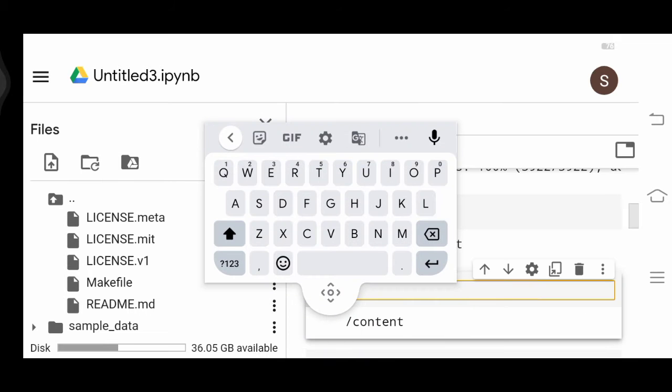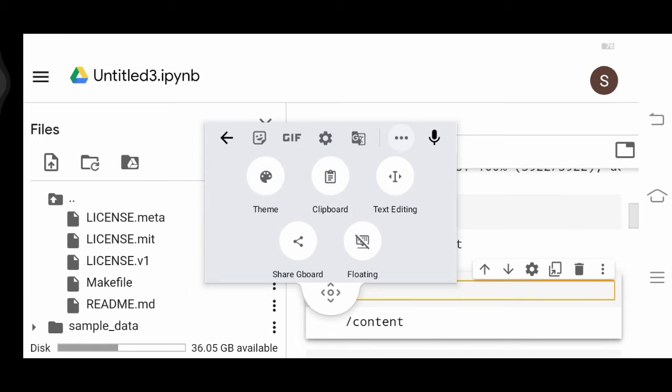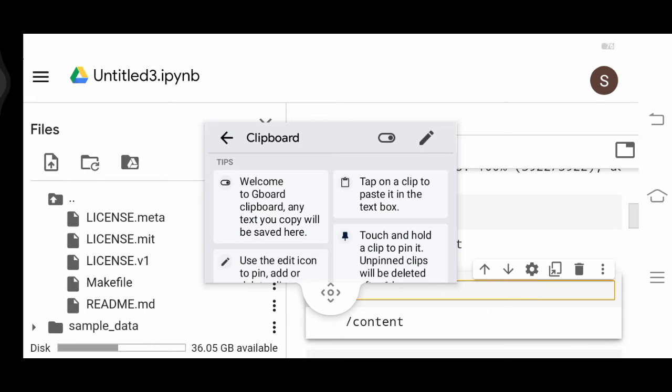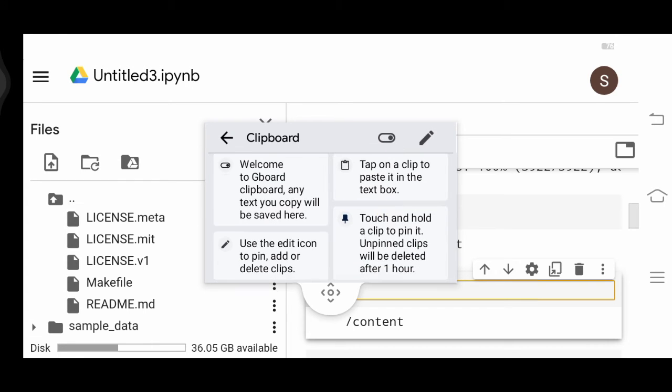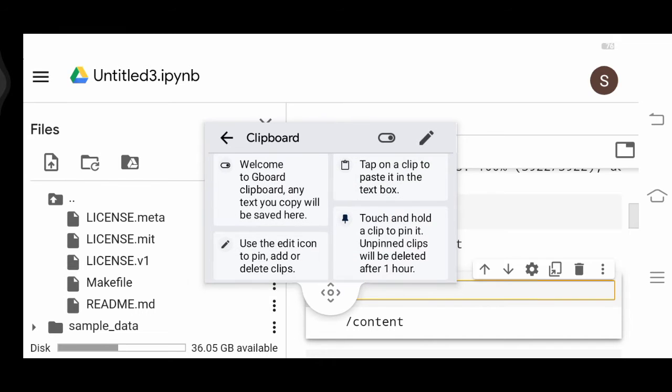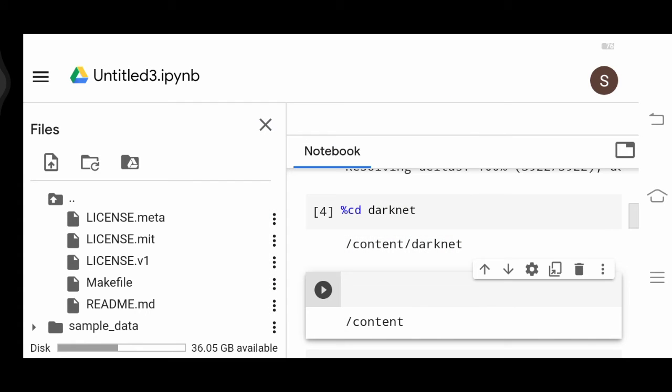So I'm just making another command. Let me go to the clipboard. Turn on clipboard. Where is it? Not this Gboard or something. So probably I just made a wonderful copy.